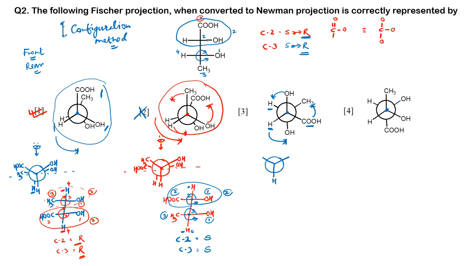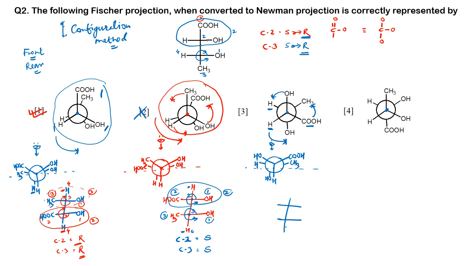Hydrogen will be here, COOH will be here, OH will be here, and the rear connectivities are unchanged. Okay, so again we need to understand always how we are seeing the molecule. We are seeing this molecule from the top, so we'll write